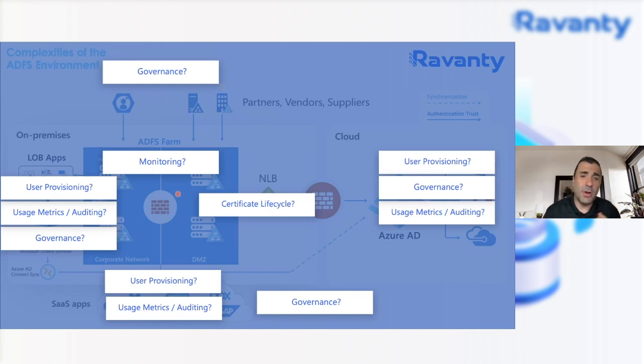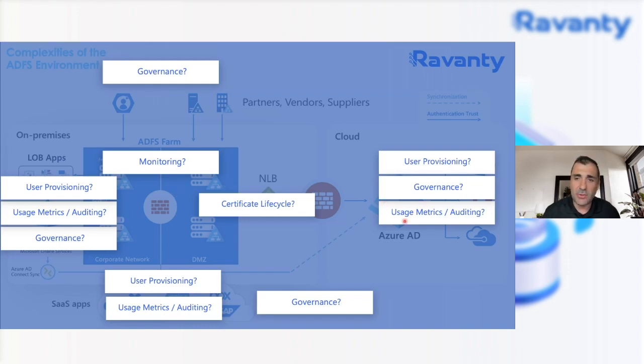You also have to control the monitoring of your ADFS farm, making sure your infrastructure is up at all times, making sure there's no issues with any single servers, making sure your web application proxies are running. You have to control your certificates, right? You have to make sure that the certificate life cycle didn't expire. And if it does expire and you renew it, you have to notify all your relying party trusts that you have a new certificate. So all of that has to be managed and controlled by the admins of your organization.